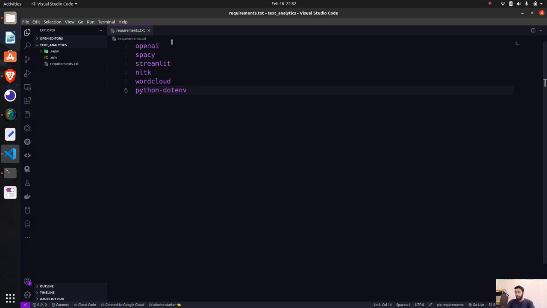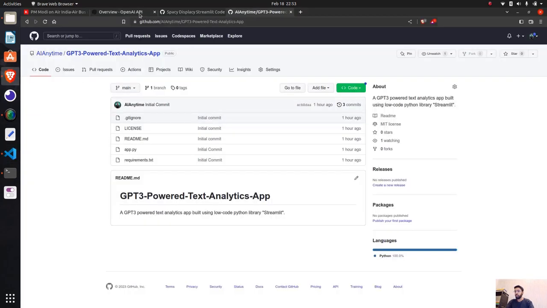So these are the requirements that we need. Okay, OpenAI to interact with the APIs on OpenAI, and then we need Spacy to perform named entity recognition, and we also need WordCloud and NLTK, Natural Language Toolkit. Okay, so if you haven't used OpenAI APIs yet, what you have to do, you have to go to this